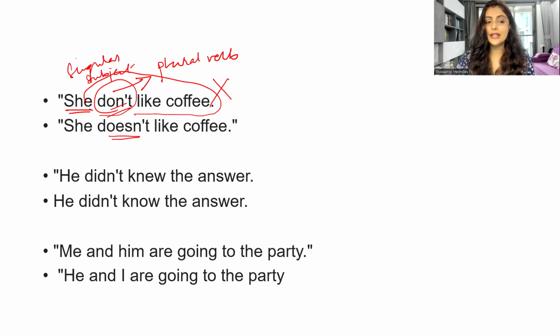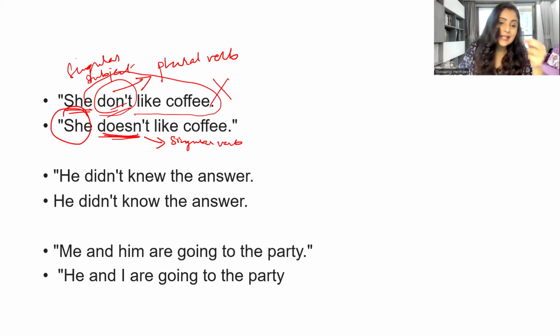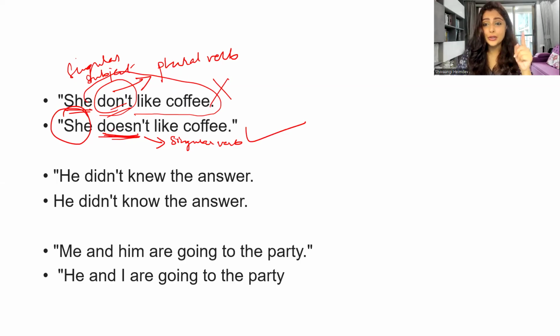Mind you, friends, whenever you have a singular subject, you need to have a singular verb, which is "does", "doesn't". That's why we have something called subject-verb agreement in English. The standard structure of English is based on the principles of subject-verb agreement. It is important that you know this topic, because if you do not know it, that's where you make these errors. So "she doesn't like coffee" is the correct expression. I hope you know what error you make and why you make it.